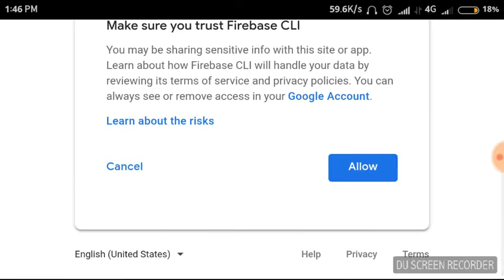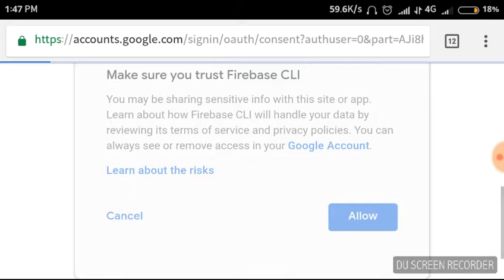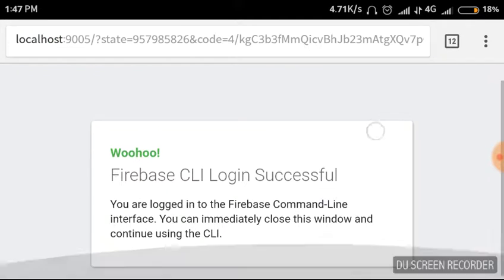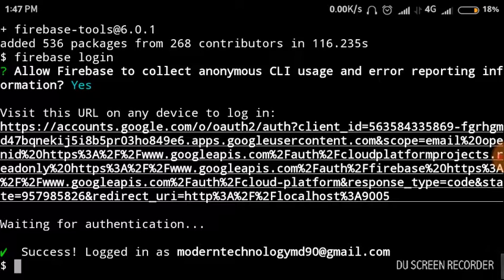Allow the, okay, back to the Termux app. Okay, you can see here successful login as modern technology mg90@gmail.com. Now the command firebase